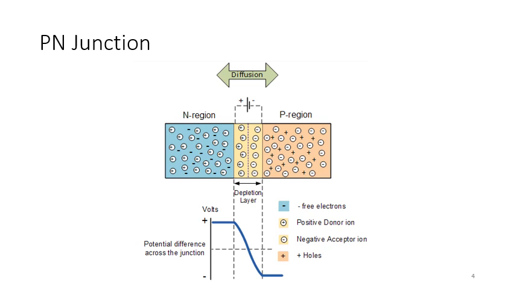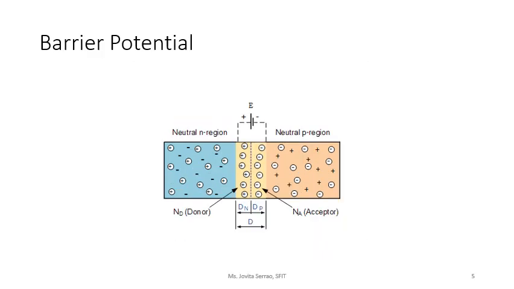When I do not attach a battery, the n-type semiconductor leaves behind positive ions. In the p-type semiconductor, the holes leave behind negative ions every time that a recombination takes place. This region that is formed over here is known as the depletion region or the depletion layer. Now, this potential that is created on top is known as the barrier potential. This is what you exactly have to overcome.